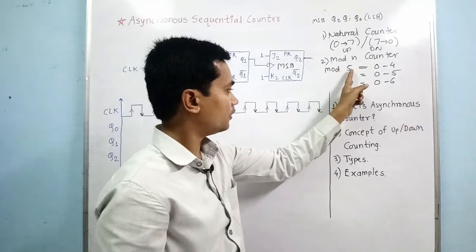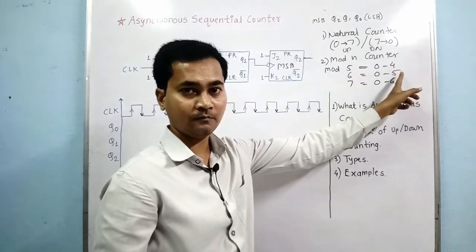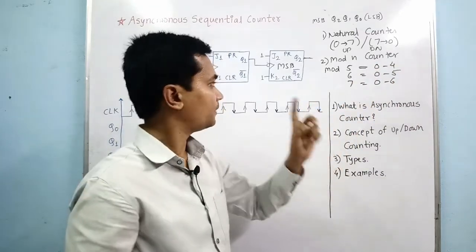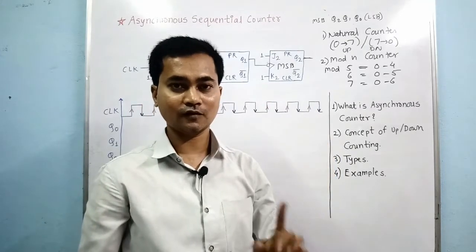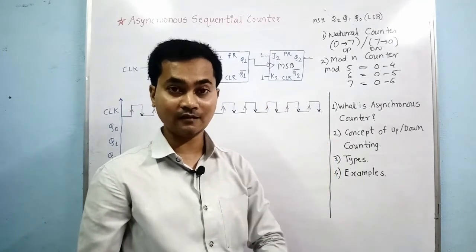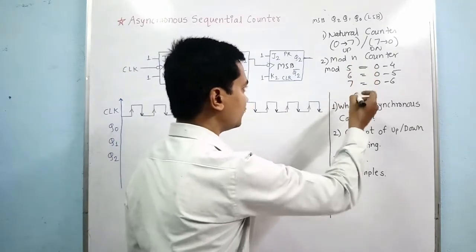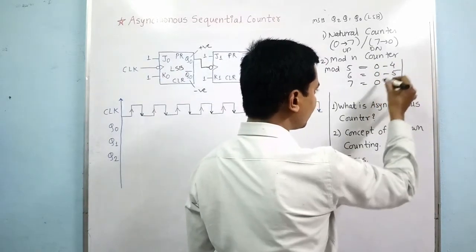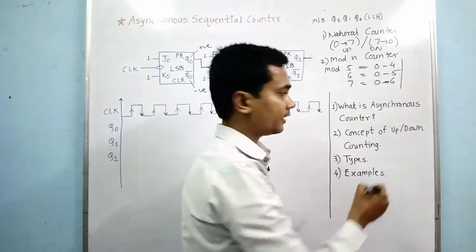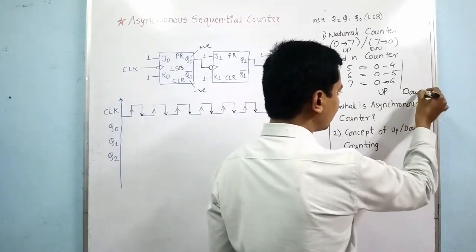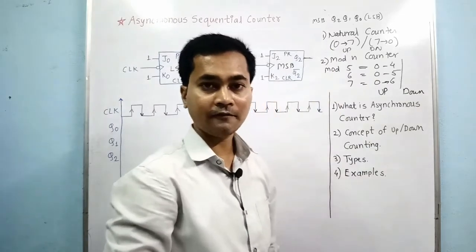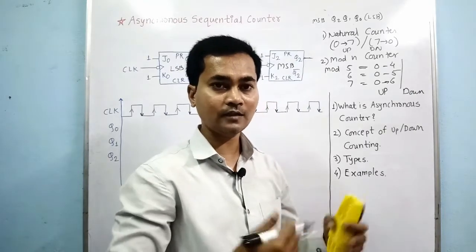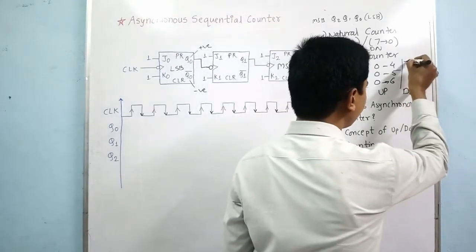So in case of mod 5, the 5 will not be counted here, but whenever the value 5 arrives at the output of the flip flops, at that time the flip flops will be reset, or cleared or preset. So here mod 5, suppose this is an up counter, then it will start from 0. In case of a down counter, the value starts from 111, that is the highest value, because it is going to count down. So the value will start from 7.